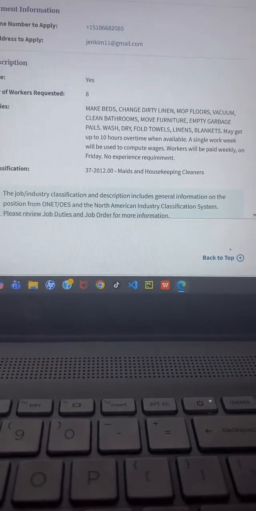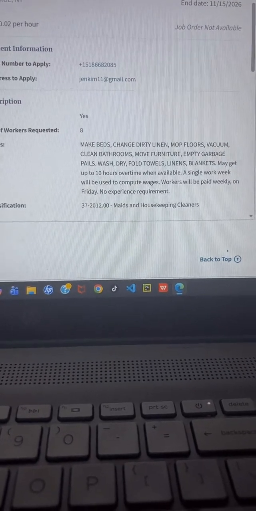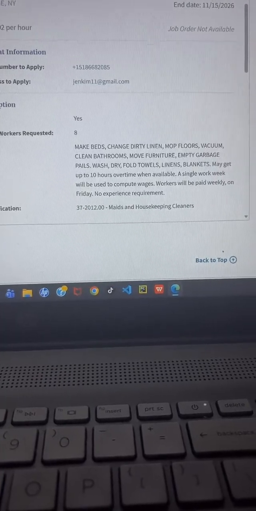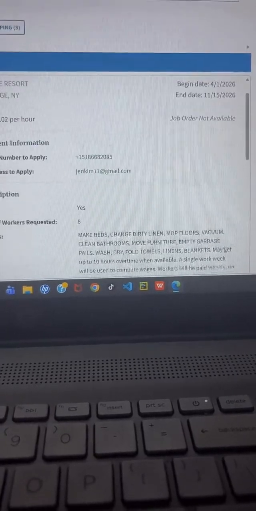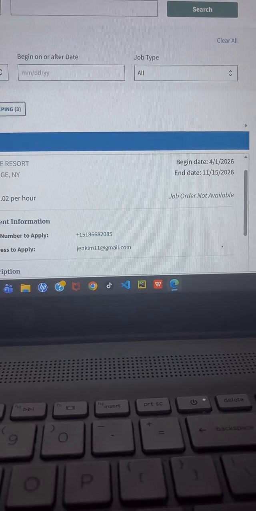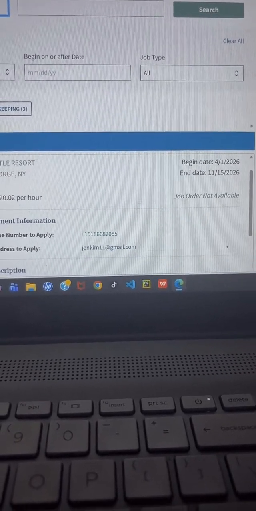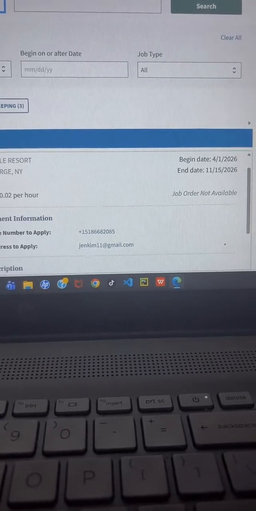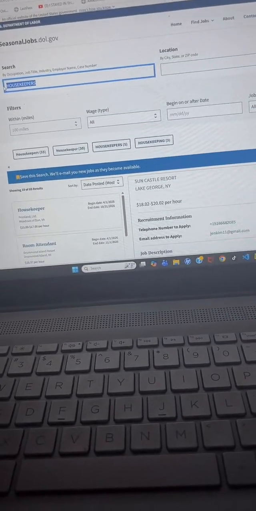Alright, so guys, this is for housekeepers. Let me know what job position you guys are interested in, so I can go ahead and search for the email and telephone number of these companies, so you can go ahead and send your resume to them and try your luck. Cook or dishwasher or driver, whatever. Just housekeeper here.